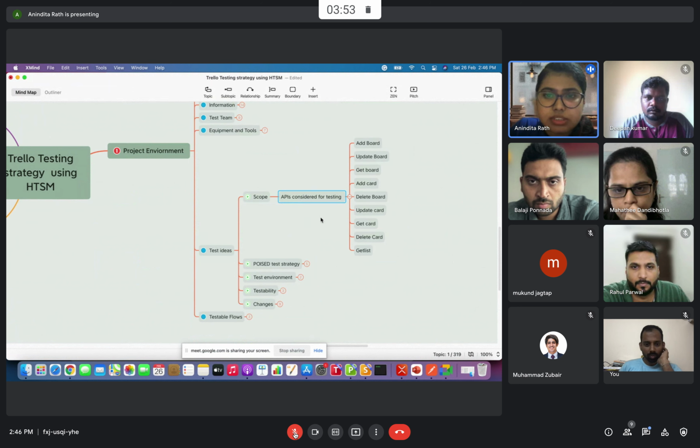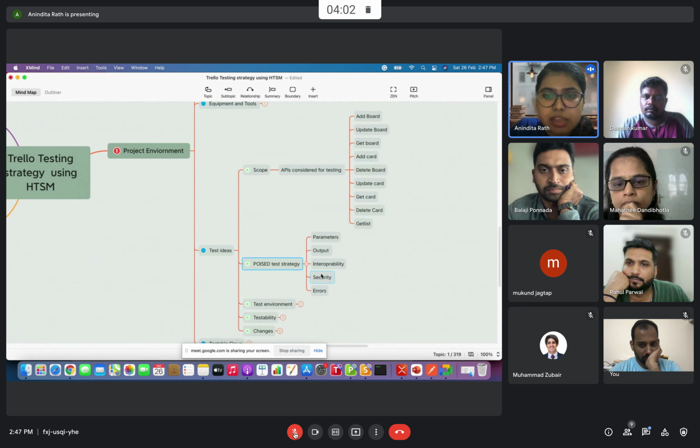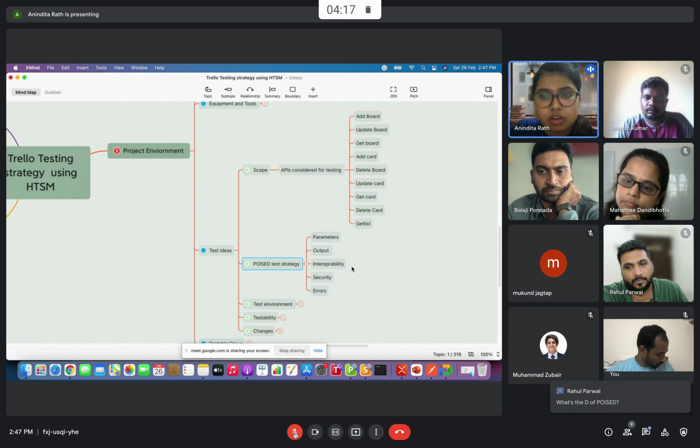for the test ideas, considering the APIs that you have taken, this is the list of APIs that we are going to test, and we will be applying the POISE test strategy on these APIs. We'll be playing with parameters like path parameters and query parameters. Then we'll be verifying the output, response body, and response code. Then interoperability: we'll verify the validity of the ID